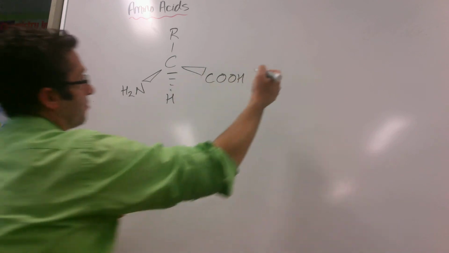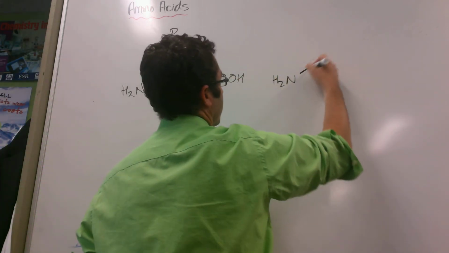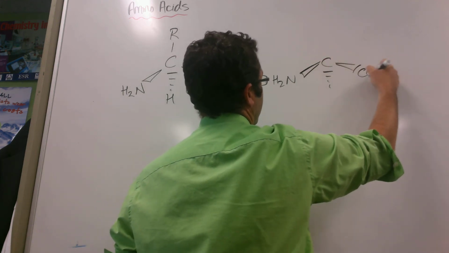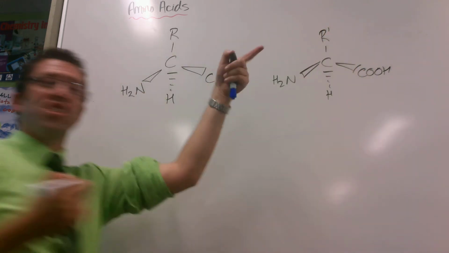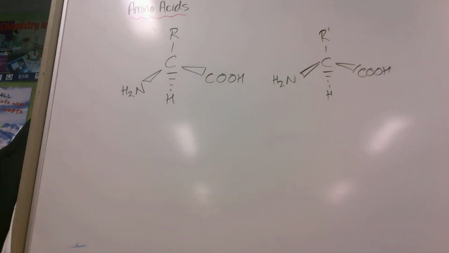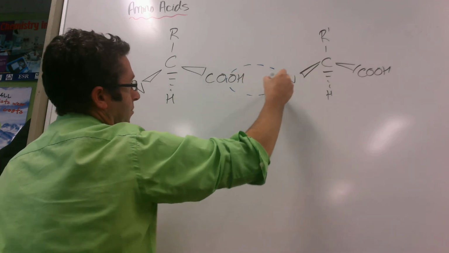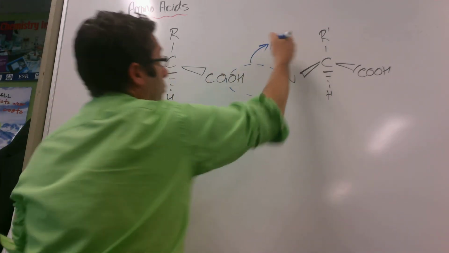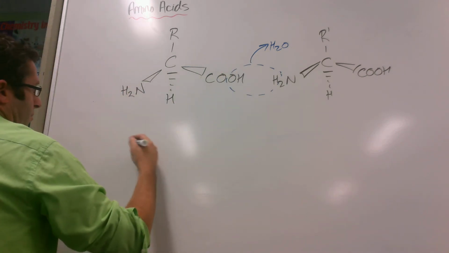So, the R dash just means it's a different R group to that. They don't have to be the same. Okay, that's all. We can see in here there is a place where condensation can happen. So, H2O will be removed from this. And we end up with